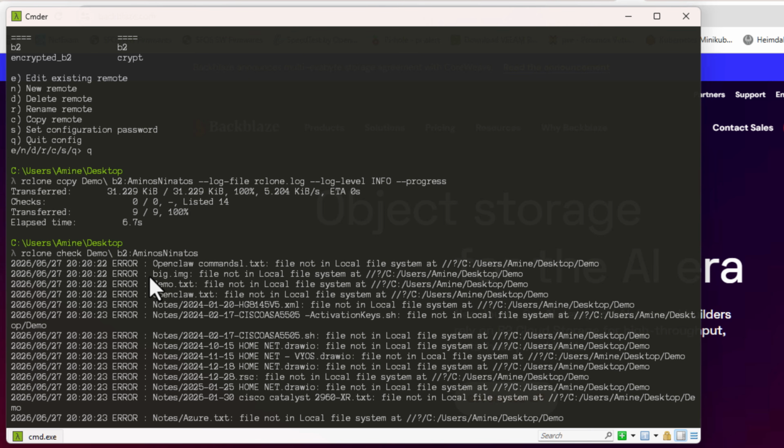So here I have a lot of errors. For example, this OpenClaw file here, file not in local file, so it doesn't actually belong to our local folder, but it exists on the cloud storage. Okay,